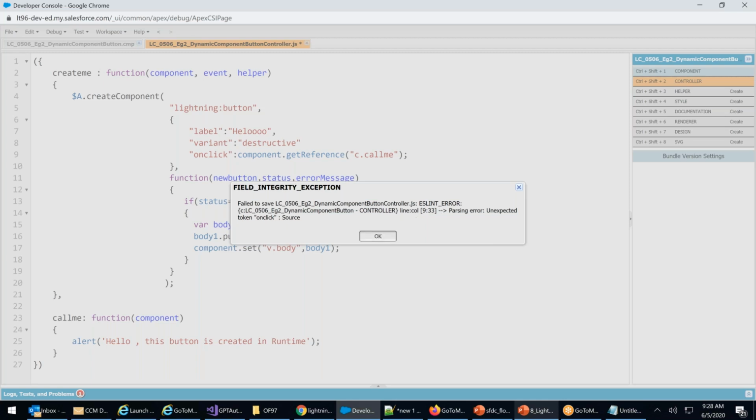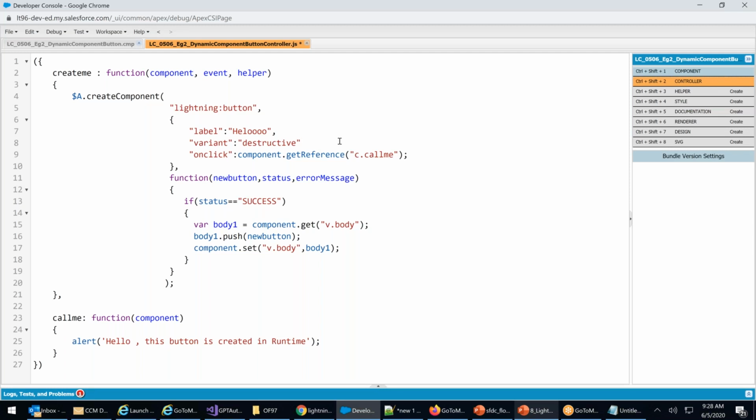No, here a comma is missing. That's perfect. After this, there is nothing, because this is how we give JSON, I told you. Control S. Now no error. I forgot the comma here in the JSON. I gave a semicolon here. I am not supposed to give this. Control S.